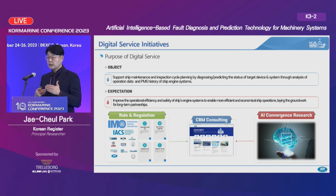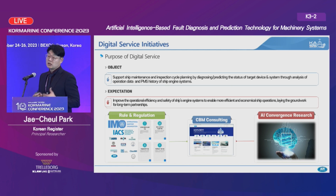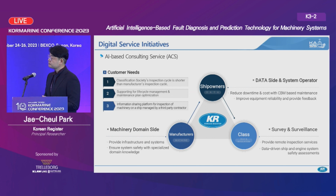We have to refer to the IMO or IACS regulation. In terms of technology, we are conducting AI convergence research activities to develop digital service inspection methods. These are the purposes of our digital service. We would like to enable long-term partnerships, and we would like to make it possible to provide remote diagnosis services